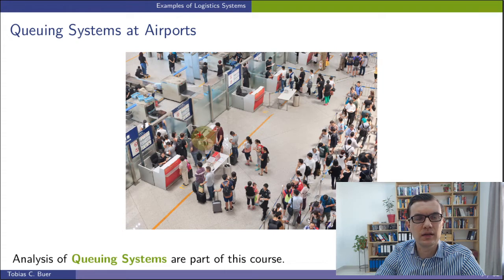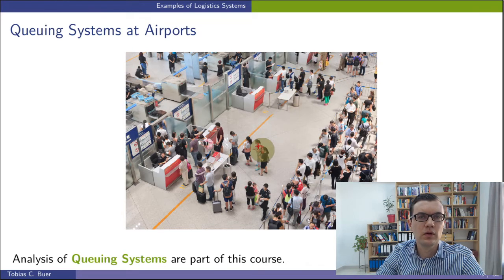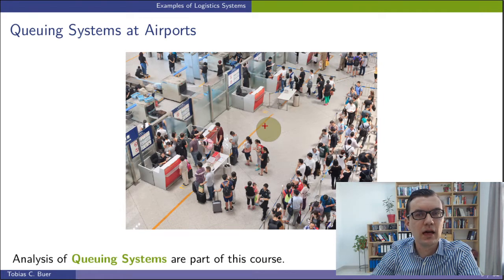The duration it takes to check the passport may be supported by some IT systems, which can impact the queues. The way you organize the waiting inside the passport and the security check area has an impact on the customer satisfaction. You see here, this looks like one big queue, and at the end of the big queue it is split up into 3 different groups. This can help to balance individual issues when, for example, the waiting time of one passenger is unexpectedly high. There's a problem with one of the passports maybe,